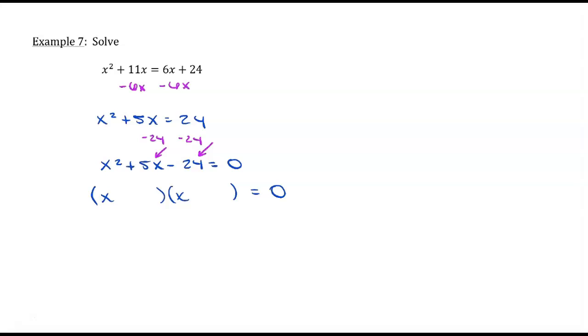Since the values we're looking for have a negative product, we need one of them to be positive and the other to be negative. Looking at our factors of 24, can you see which pair could have a sum of positive 5 if one factor is positive and the other is negative? 3 and 8. If we make the 3 negative and the 8 positive, they'll have a product of negative 24 and a sum